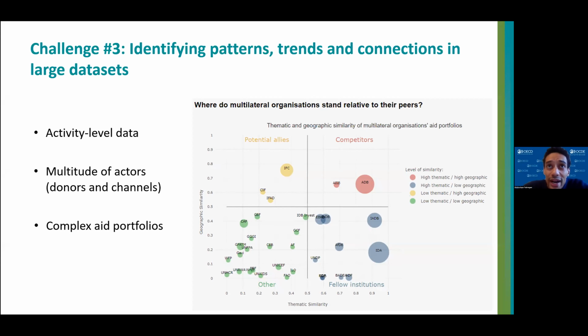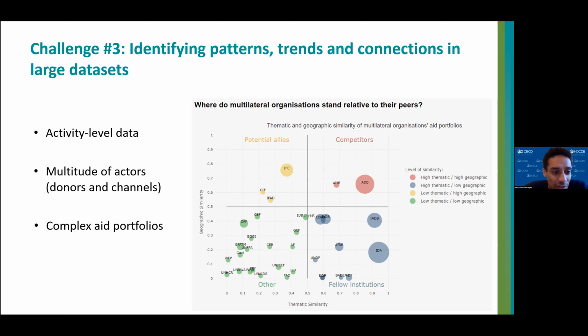For example, we were asked last year by our members to analyze the complementarity of bilateral and multilateral aid portfolios, and for that we used cosine similarity as a measure of similarity to do what we call the portfolio similarity analysis. So we published a paper on this, and we also worked on a dashboard to make that a little